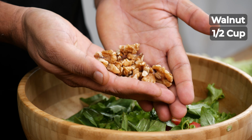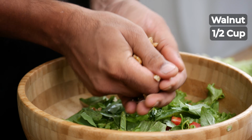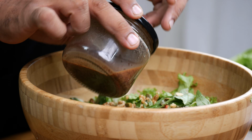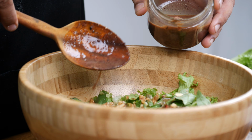For a rich, nutty crunch, I'm going to add some walnuts, but before adding it, I'll crush them so that it becomes small, a little bit powdery, and then toss it into the salad. Now shake up your dressing, give it a good mix, and then drizzle it over the salad. Toss everything well,